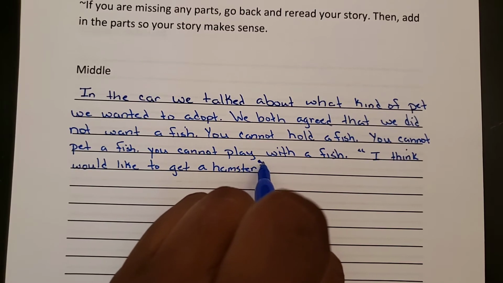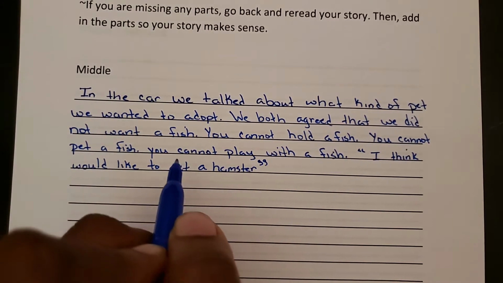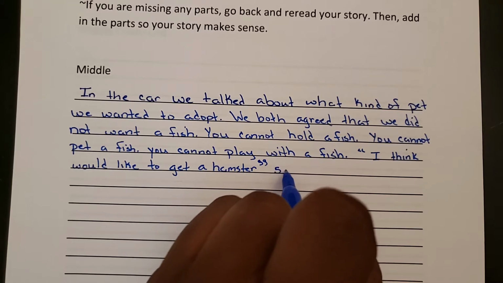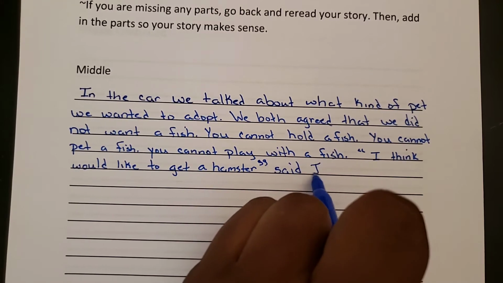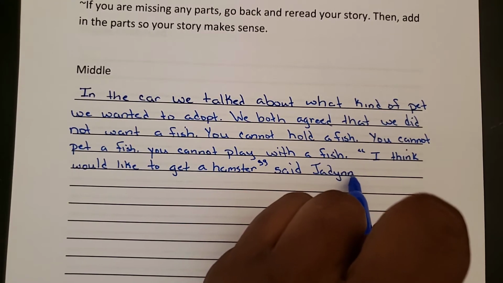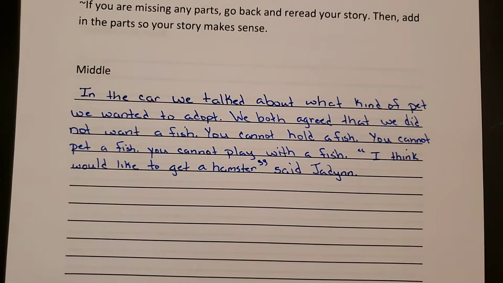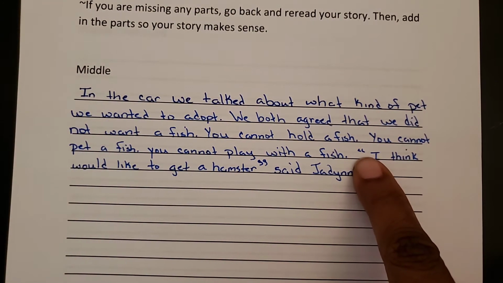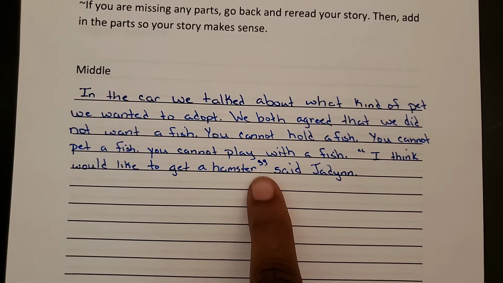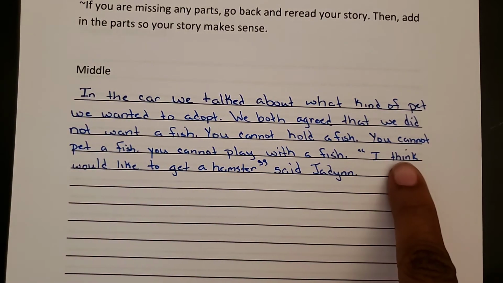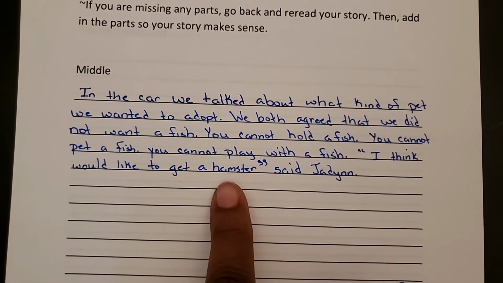Now she's done talking, so I'm going to put my 9s here. Said Jaden. So I know that she's speaking because I have open quotation marks and then my closing quotation marks. That tells me that all the words in between are my character speaking.